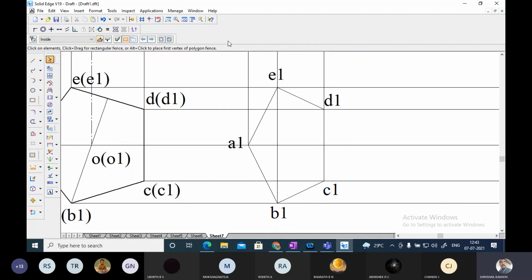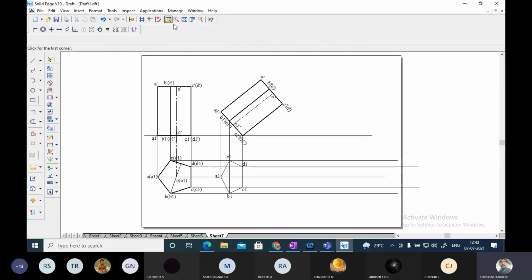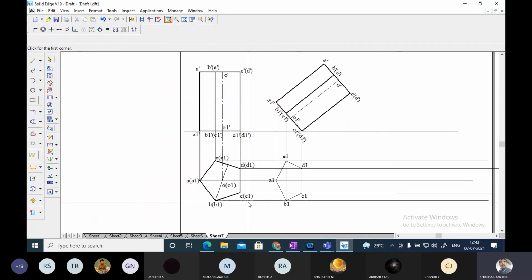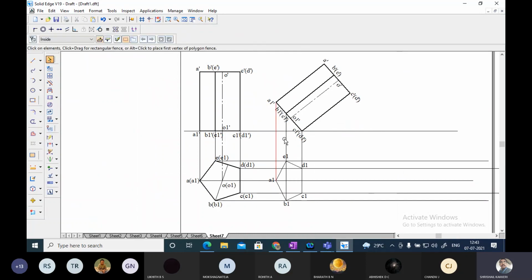Okay, this one I have written, and the other one also you need to draw, the center line. The center line also should be written. So the center line I am going to show. So the center line is this.